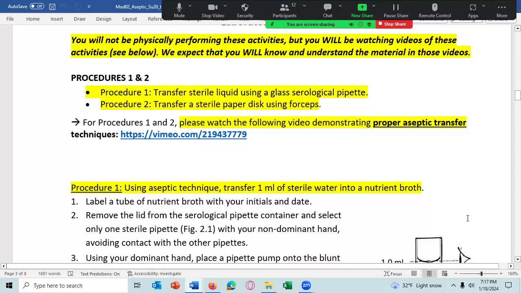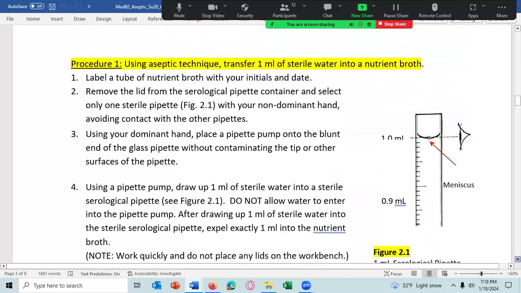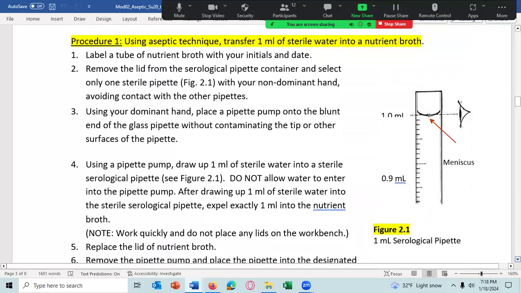So in procedure 1, you use aseptic technique to transfer 1 ml of sterile water using a glass pipette into a tube of nutrient broth. Now, when you're working with a glass pipette or a glass buret, for that matter, you'll note that the water does not flow across the surface evenly. It forms a meniscus like that, where it's higher on the edge and lower in the center. How you read the meniscus is from the bottom of the meniscus. You don't read the meniscus in the middle